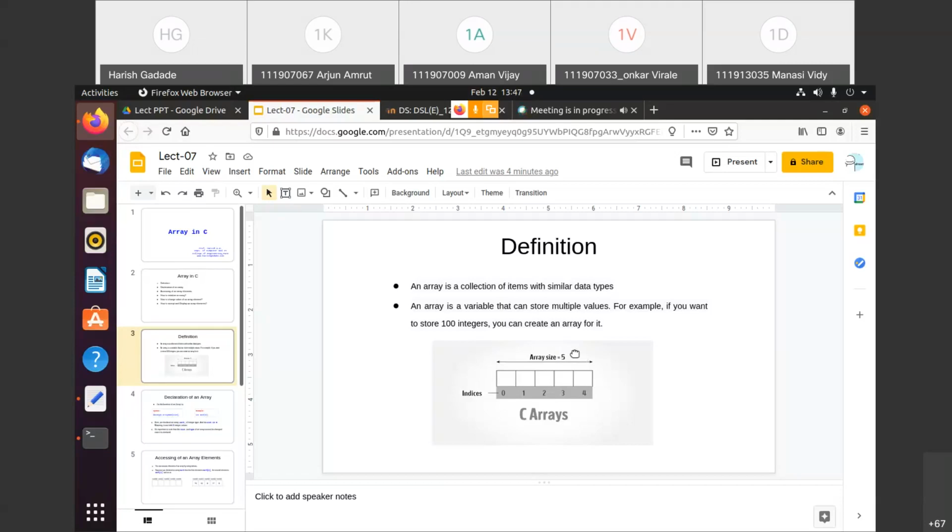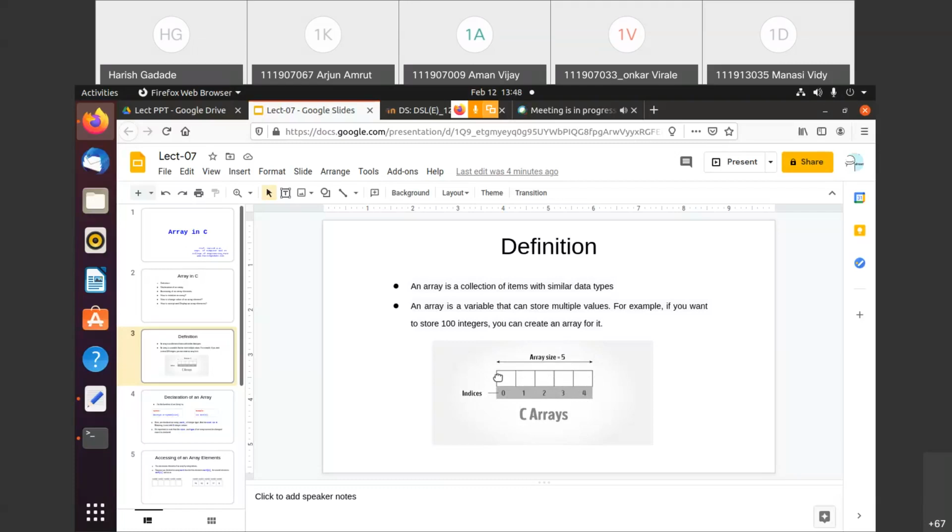Now this example is an array of size 5. Here 5 blocks have been reserved. The indices are 0, 1, 2, 3, 4. So the starting index is 0 and the last index is 4.